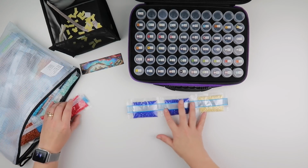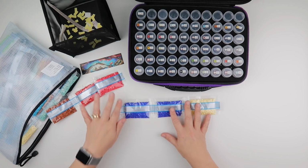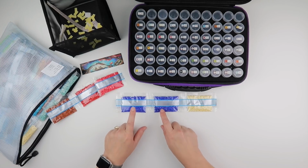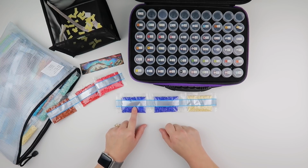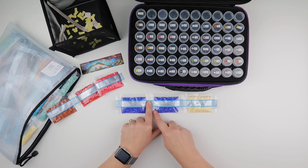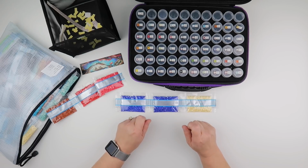It is time to see how many of these diamonds are now going to fit in these pots. So let me get my big tray, and I'm also going to get hold of some baggies just in case. I think if I can fit one of these in a pot and I've got one left over for this painting, I'll leave it in the baggie, because I'm actually not going to save any space by putting them into